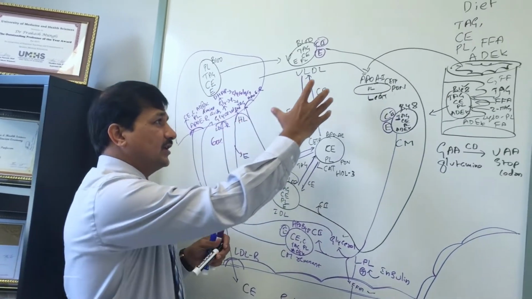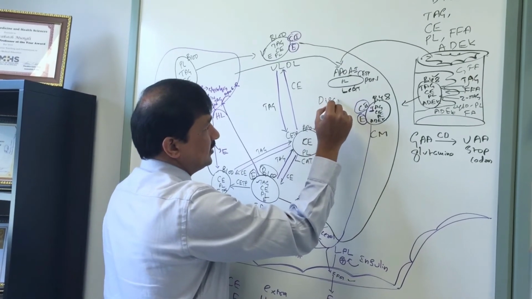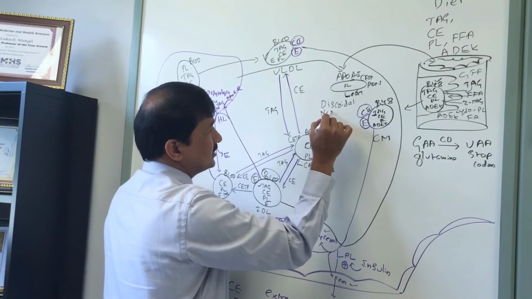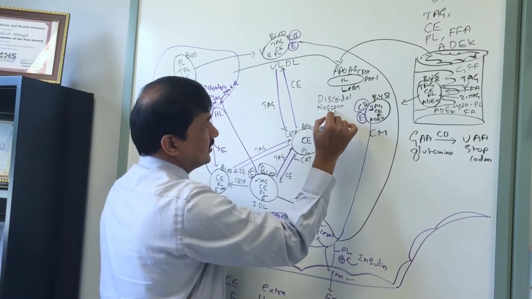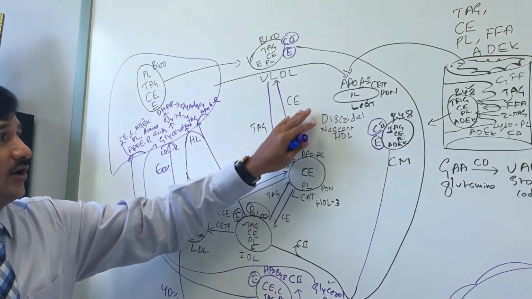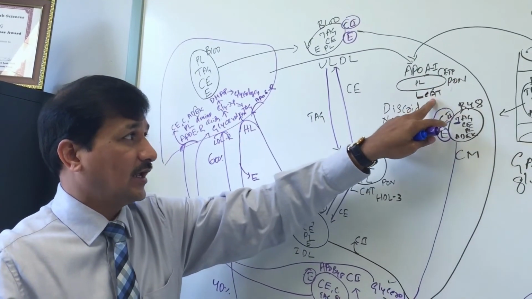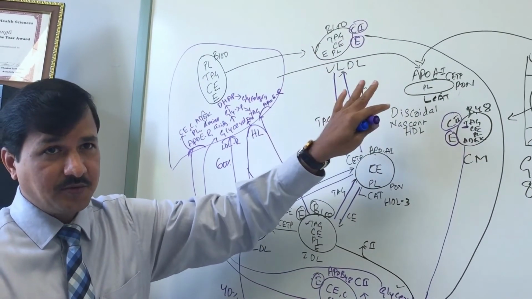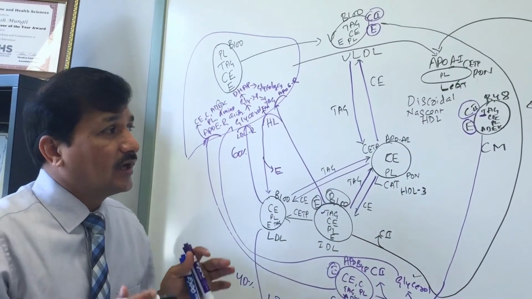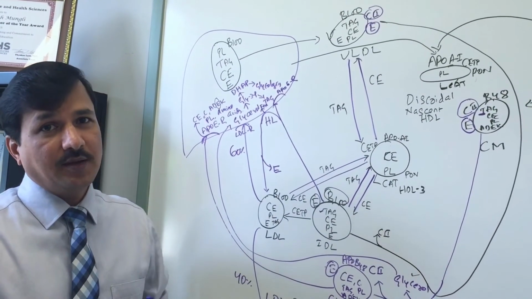The molecule that you see here is called discoid nascent HDL, discoidal because it looks like a disc shape. This is a discoidal nascent HDL, a newly synthesized HDL molecule. It has phospholipid, ApoA1, CETP, peroxidase, LCAT, and also all the other apolipoproteins except B48 and B100. That is why HDL acts as a donor of other apolipoproteins to other lipoprotein molecules,